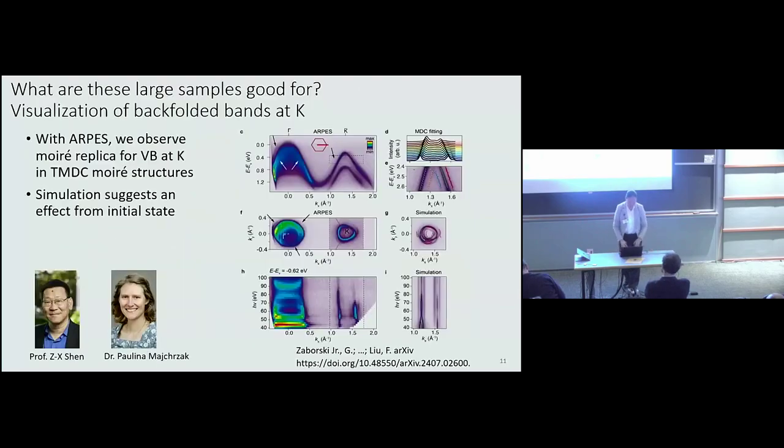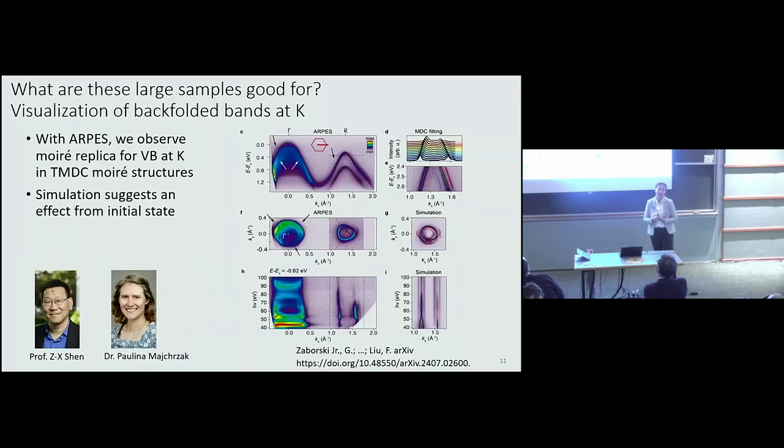So what are these large samples good for? Well, if your sample is large enough, you can do a lot of things, for example far-field spectroscopy, or other techniques like X-ray scattering, or a terahertz experiment, without really needing to focus the terahertz to a very small spot. So one of the things that we were trying to do with these very large area samples, the first thing, is